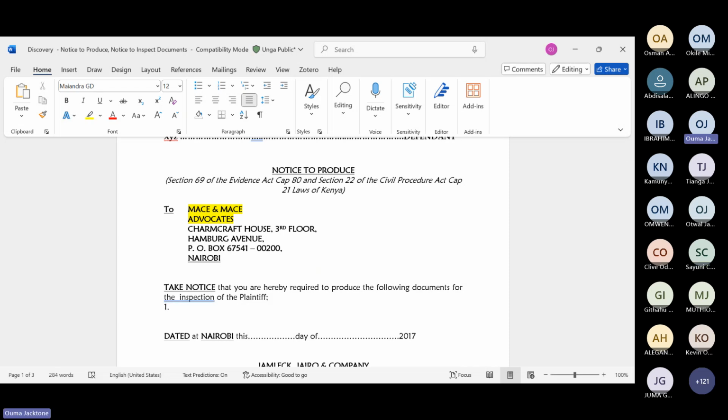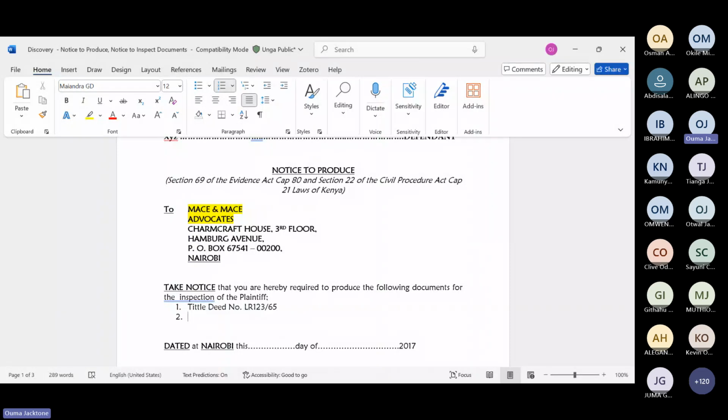So let's draft one. So 1, title deed number LR 123/65. Demand letter dated 24th July 2024.